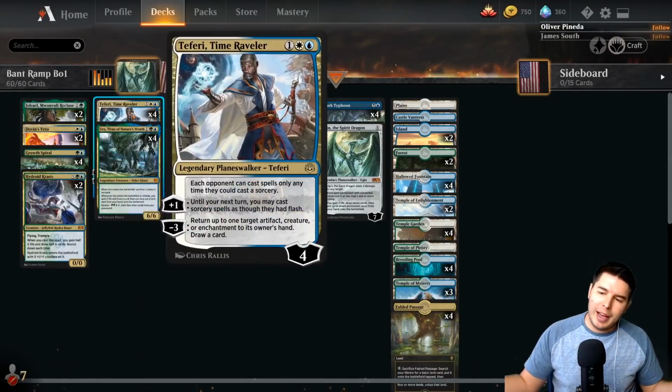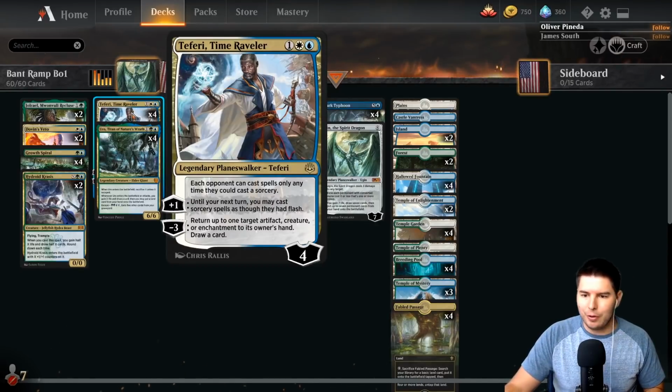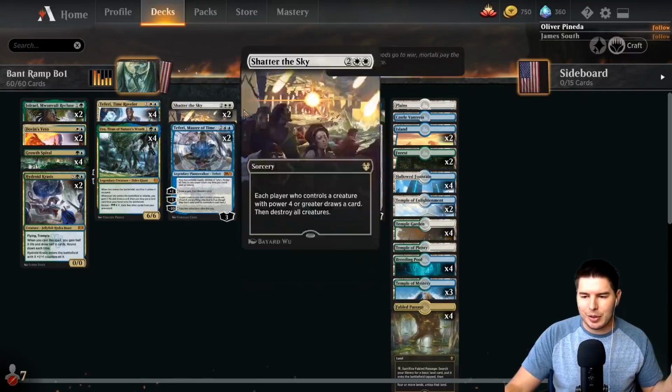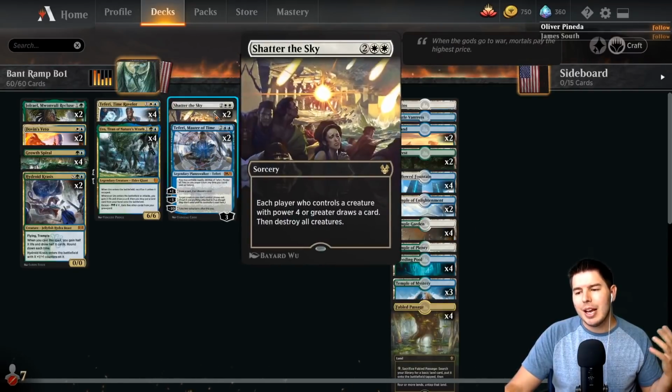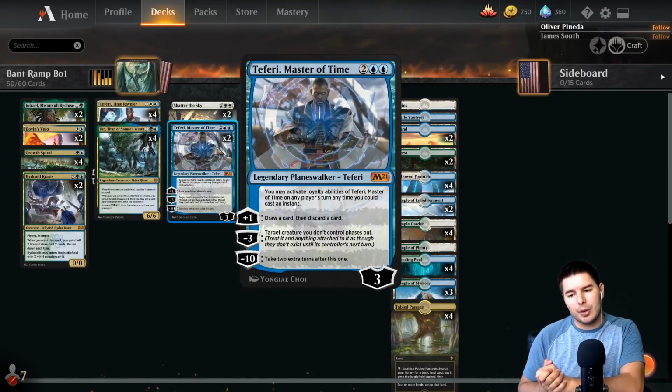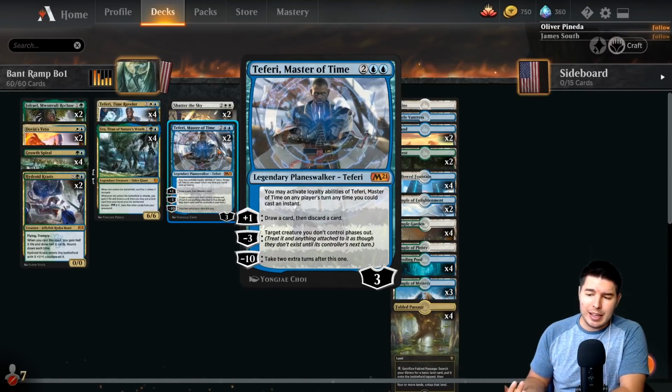And then of course we have 3-mana Teferi, Time Raveler. I'm not going to dive too far into these cards because they're amazing. You guys know what's going on. We're ramping up, we're doing cool things. 2 copies of Shadows, and then we get Teferi, Master of Time for 2 copies here, which I think is the perfect